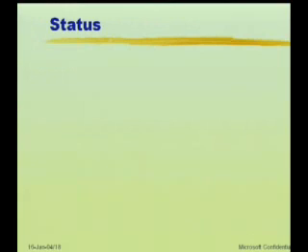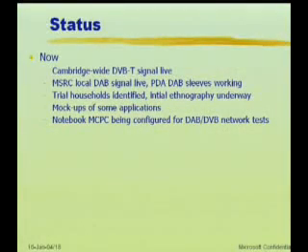So I'm well under time. This is the last slide. So just to say where we are in the trial and where we want to go. The Cambridge-wide DVB-T signal is now live. NTL has got that going, and there's some test content going out over it now. On the DAB side, as I said, we only have our local transmitter working because there's a slight regulatory snag which is being looked at now before we can get the Cambridge-wide DAB going.